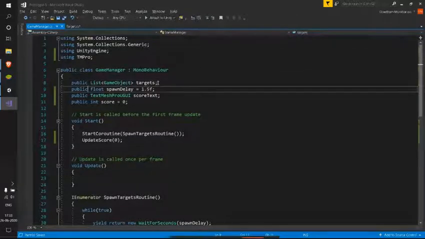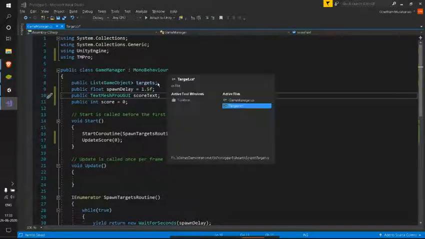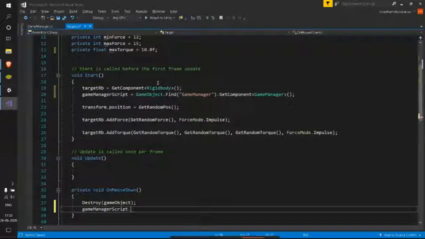Like see, we have this list here, targets, we have spawn delay, we have score text, and we have score, and even this applies to the methods too. So these four elements and the methods also, which are declared with the access modifier public, we'll be able to see. Let's see them.